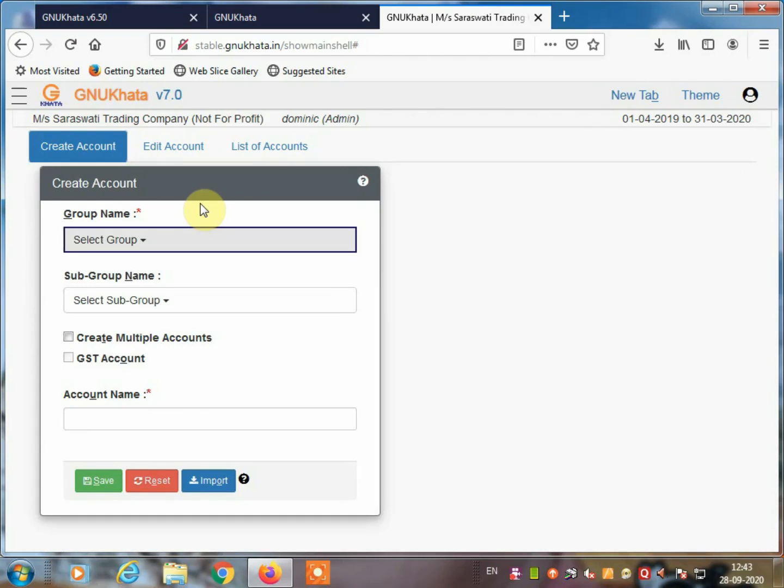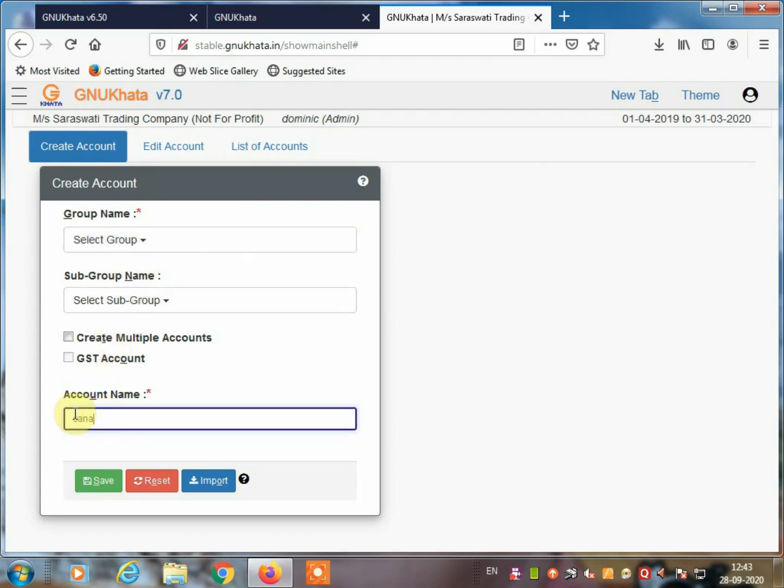Now the next, cash deposit into Canara Bank. So next we are going to create Canara Bank. Because the journal entry will be: bank account debit, cash account credit. Cash deposit into Canara Bank, account debit to Canara, cash account credit. So here we get two ledger accounts, the Canara Bank account and the cash account. So we are going to create a Canara Bank account.